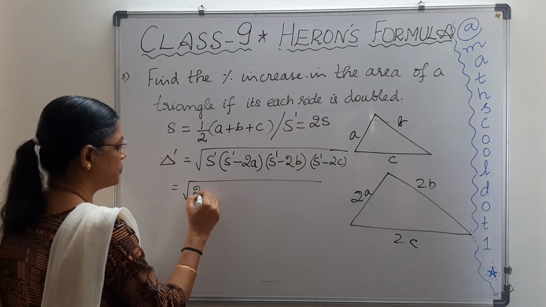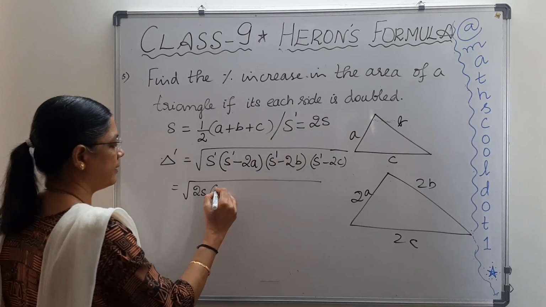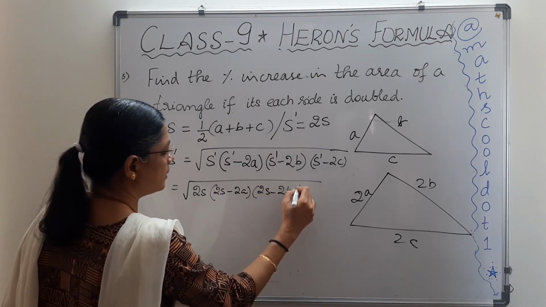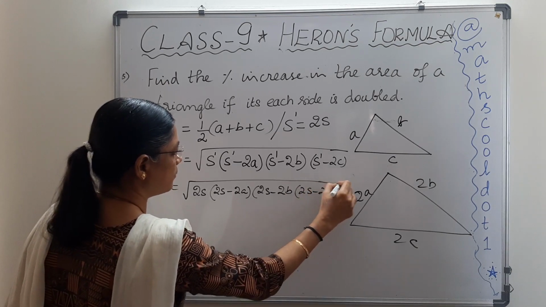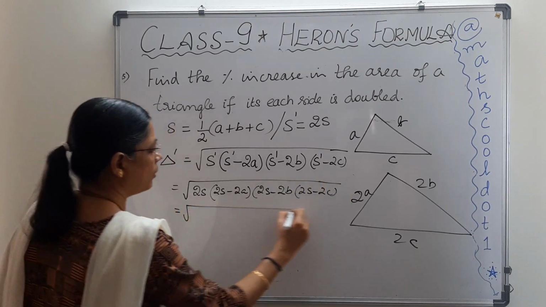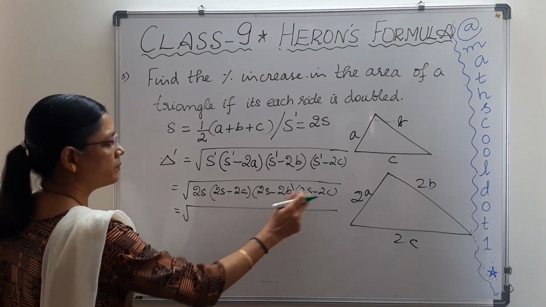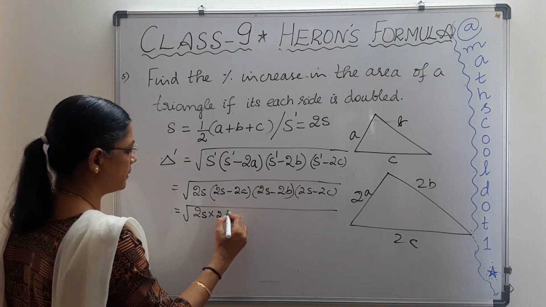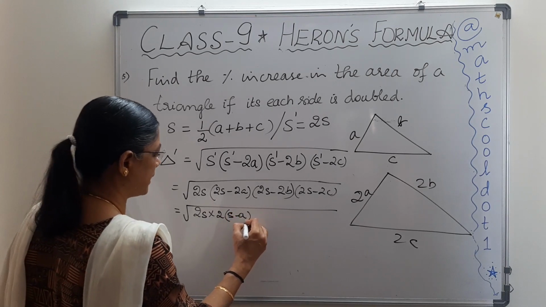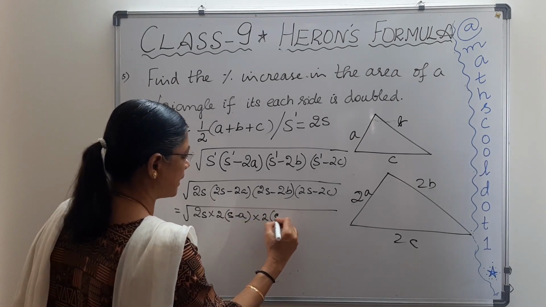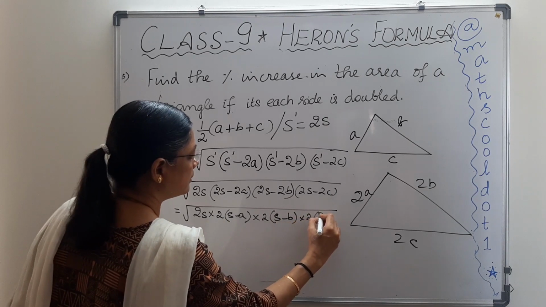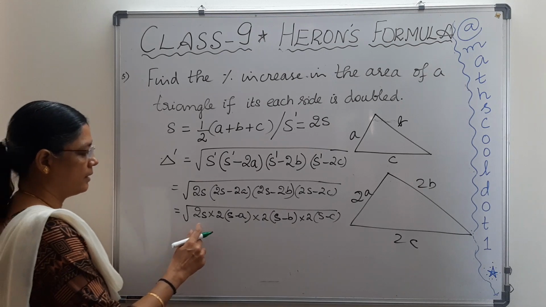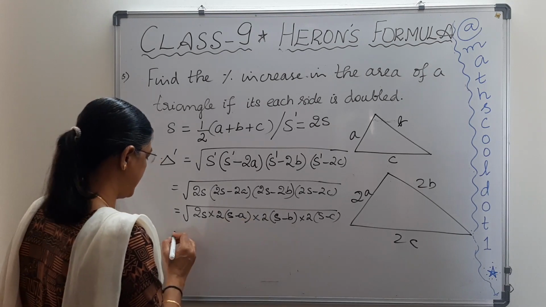Okay. Now del dash is equal to, now we have s dash. What is s dash? Substituting 2s for s dash everywhere: 2s minus 2a, 2s minus 2b, 2s minus 2c. See, we have 2's all over the terms. So taking it out, from the first term we take 2 outside, we have s minus a. Likewise 2 from the second one and the third one. You understood? Able to follow? Yes.